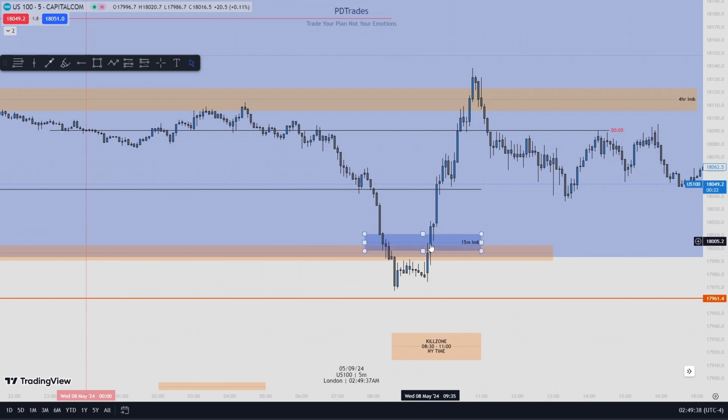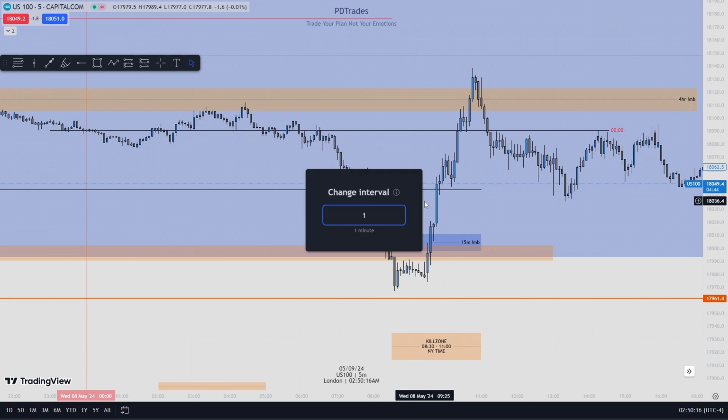After this strong displacement to the buy side, I'm expecting this fair value gap to become my inversion fair value gap. This becomes my high probability inversion fair value gap. So I'm expecting price to use this 50 minutes inversion fair value gap as a rock climber to push price away, to take out the highs resting above there. What did price do? After that displacement, it rejected, just came inside this inversion fair value gap and started shooting to the buy side. You understand? If you can go to the 1 minute, you'll get more information.